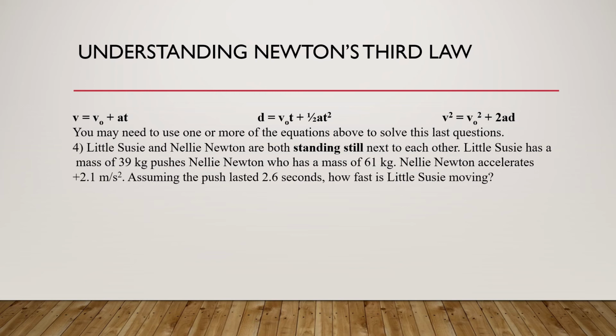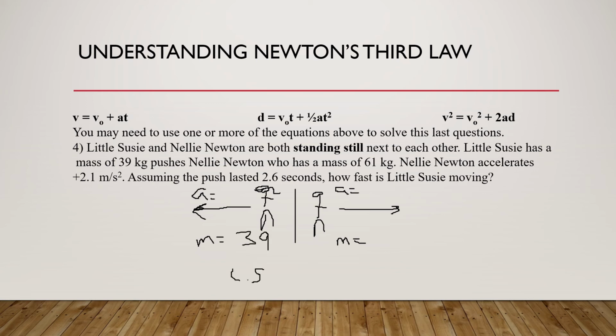Little Susie and Nellie Newton are both standing still next to each other. So, all right, we're going to do this. There's Susie. There's Nellie. There they are. I'm drawing the same picture that I drew for the other problems. I'm going to go ahead and draw the acceleration and the mass. There's Susie's hair. So what are we going to do here? It says little Susie has a mass of 39. So 39. This is little Susie, of course. And Nellie Newton has a mass of 61. Awesome. If Nellie Newton accelerates plus 2.1,